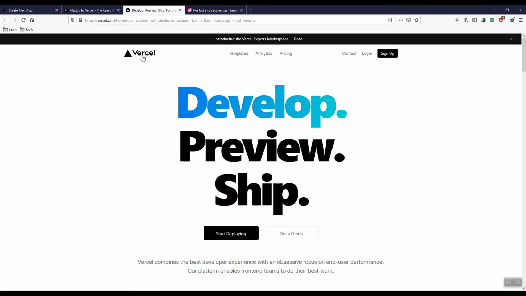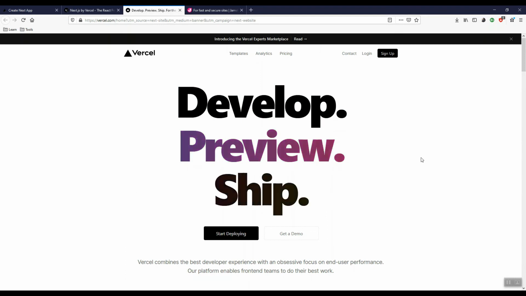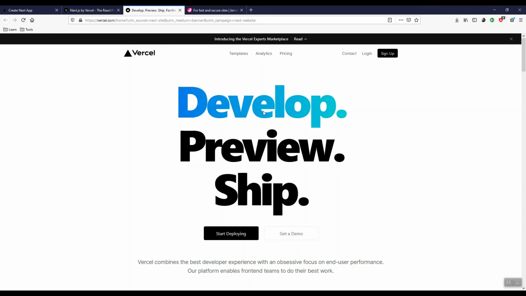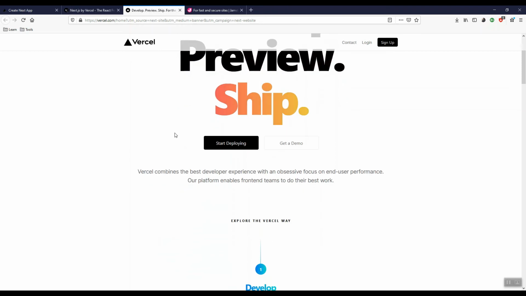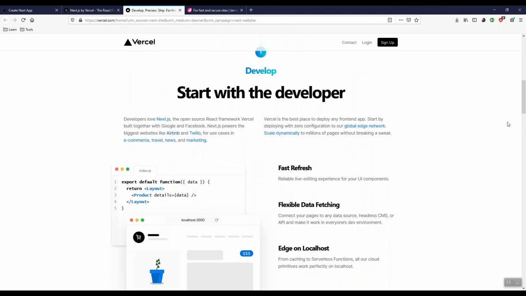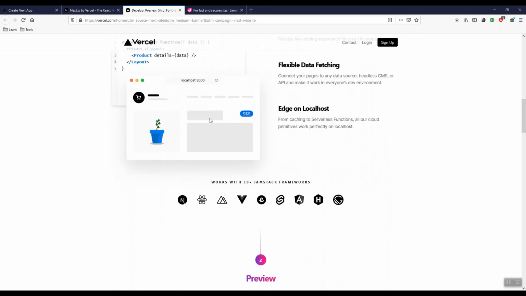Vercel is the company who developed Next.js. So what is Vercel? Vercel basically provides services in the cloud. If you are building a website in Next.js or any other static site, you can just deploy it on Vercel. For personal deployment, it is free of cost. You can deploy as many projects as you want for free.